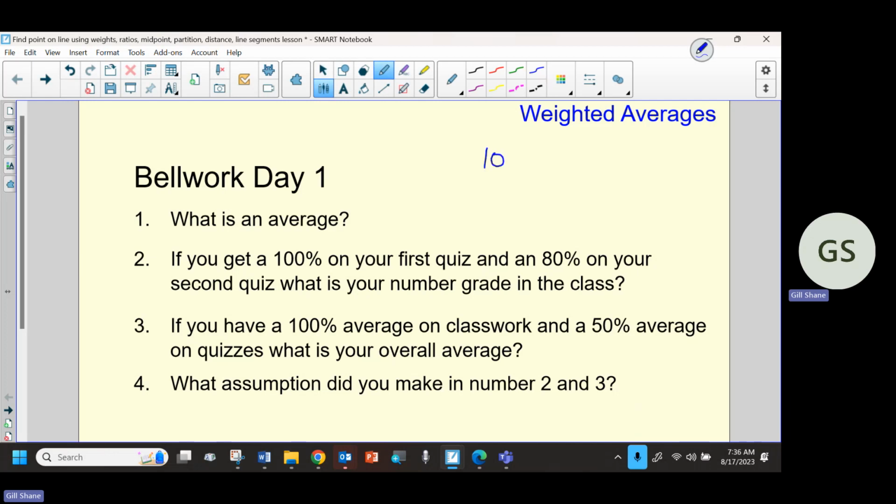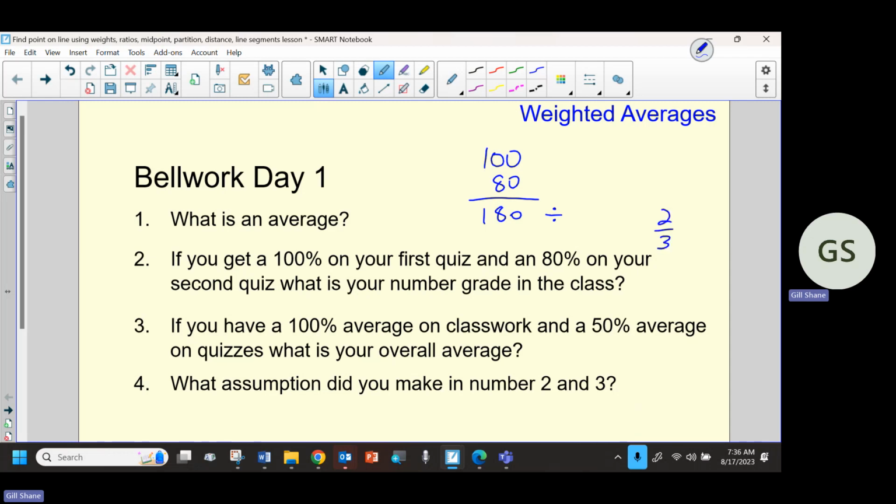So if we have a 100 and we have an 80 on our next one, what we do is we add those together, get 180, and then we divide. Now, I almost never use what I'm about to use, but just to show it here, I'm going to. I'll pretty much never use that kind of division symbol. I'll use a fraction line, like